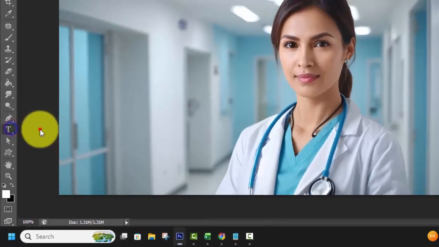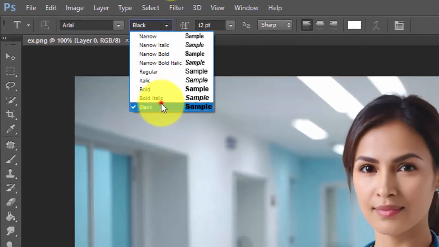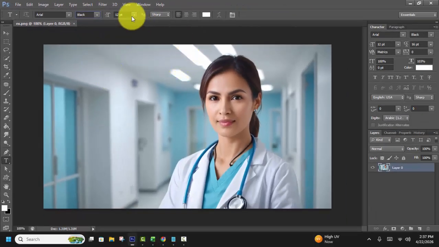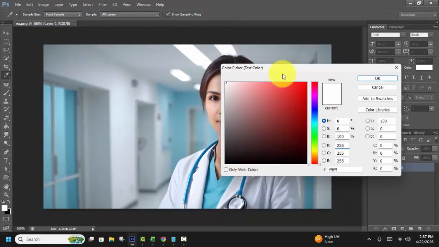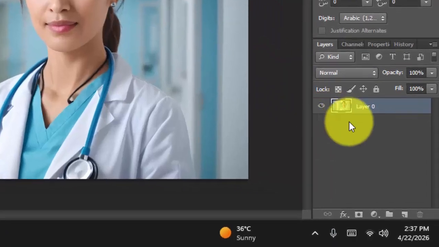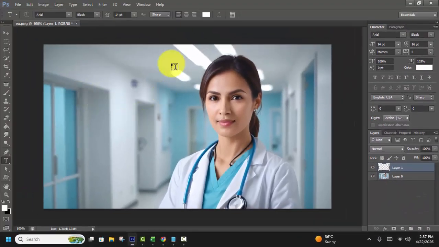Choose the type tool, right click on your mouse, style Arial. Choose for black or bold text size, choose text color, example use white color, then create a new layer. Type first, type manually, use for left align, left middle right, example use left align, then type anything,